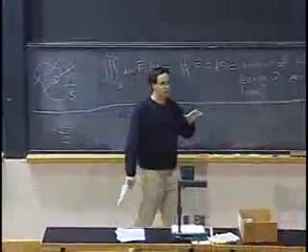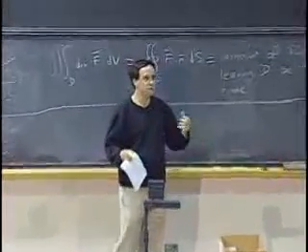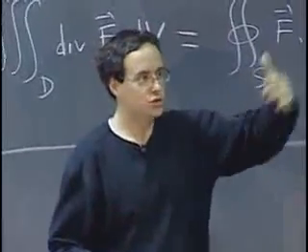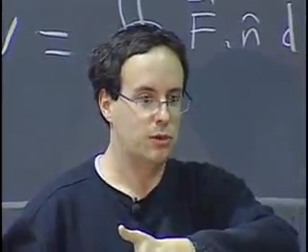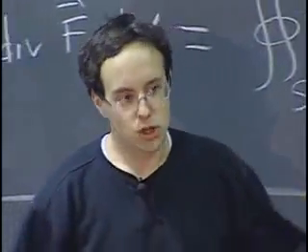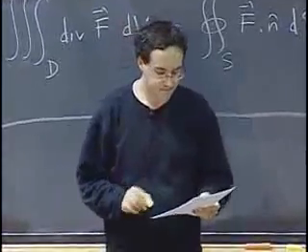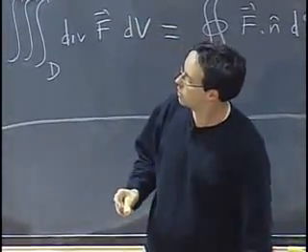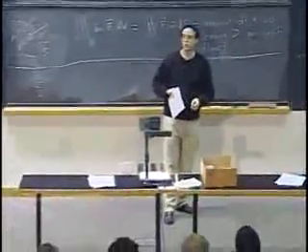So divergence and gradient are completely different things. The only thing they have in common is that both are what's called a first-order differential operator. That means it involves the first partial derivatives of whatever you put into it. But one of them goes from functions to vectors, that's gradient. The other one goes from vectors to functions, that's divergence. And curl later will go from vectors to vectors, but that will be later. Okay. Let's see, more questions?